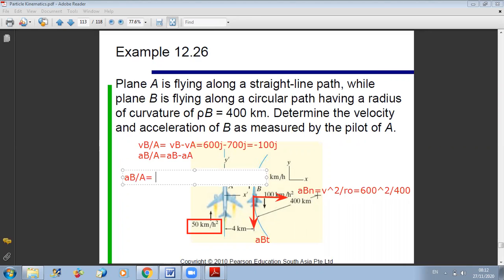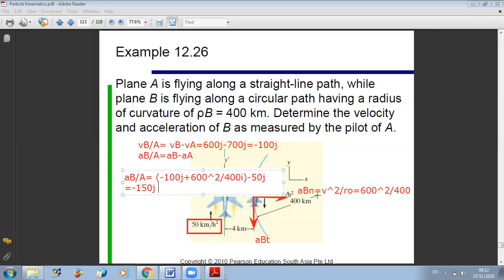I have that the acceleration of B relative to A is equal to the acceleration of B, which for AB tangential is along negative J, so it's minus 100J, and the AB normal is along plus I, so it's plus 600 squared over 400 times I. This is AB, minus the acceleration of A, which is 50, so minus 50 along J. In total, I get that it is equal to minus 150J